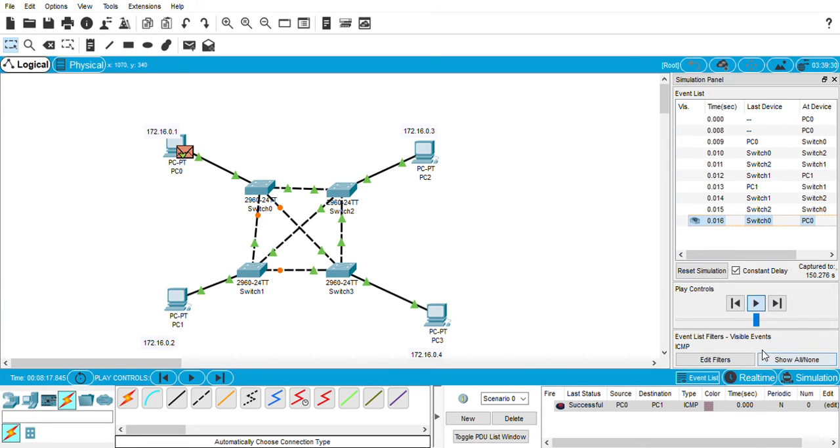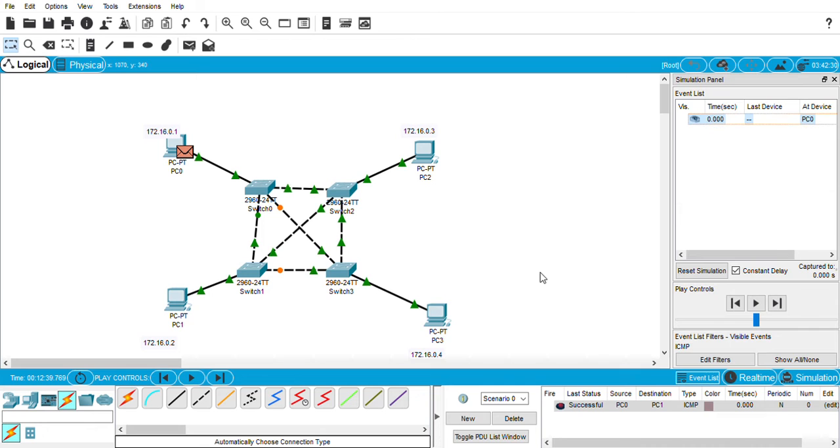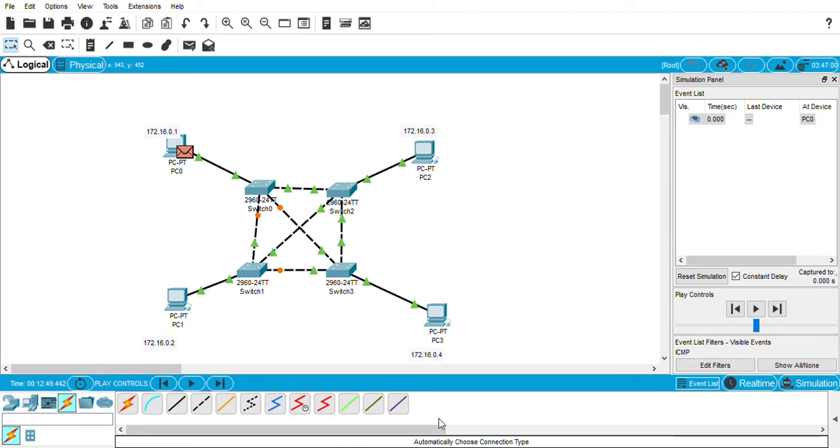Let us try it for other devices also, PC2 and PC3 from PC0. We'll see how the path is selected by the switch. We'll clear everything and delete this packet because it's already selected here. This arrow mark will be shown like this at the beginning.